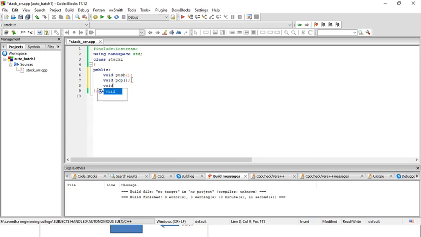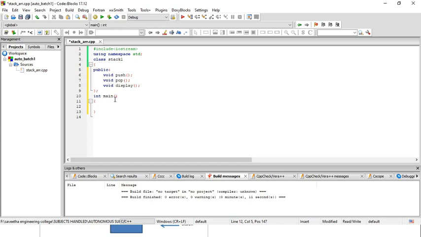And let me use one more function for displaying those elements. Anywhere if you want to display in the middle during insertion or during deletion, you can use this function. These are the three functions I'm using, and we are using the abstract data type concept. That's the reason I'm not defining anything. I'm just declaring push, pop, display inside the class stack1. Before defining the functions, let me get directly into the main function, because I'm going to connect all these functions, push, pop, display, with the support of the main function. So let me create that first so that it will be easy for you to link step by step.